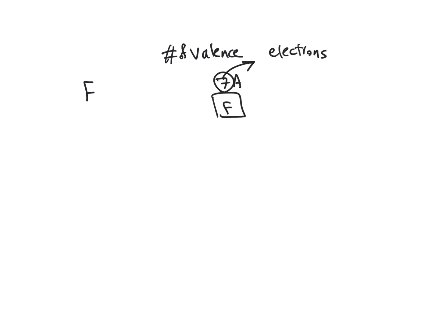So for fluorine, the valence, and don't confuse that with number of electrons. We talk about valence or number of valence electrons. Fluorine is located in group 7A. It has 7 valence electrons: 1, 2, 3, 4, 5, 6, 7. And it's helpful if you put them singly first and then pair them when you write the Lewis structures for